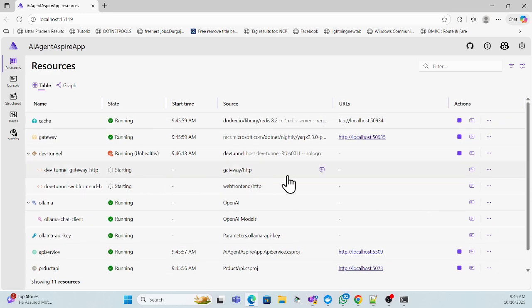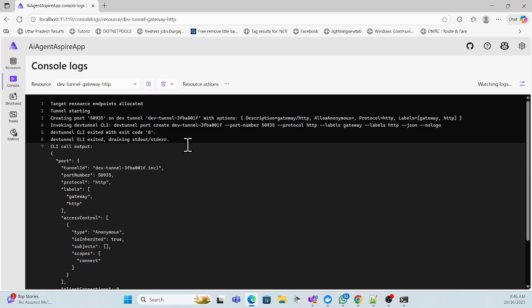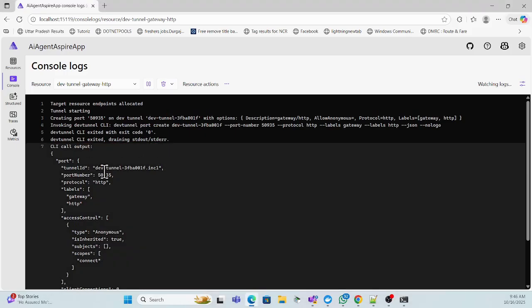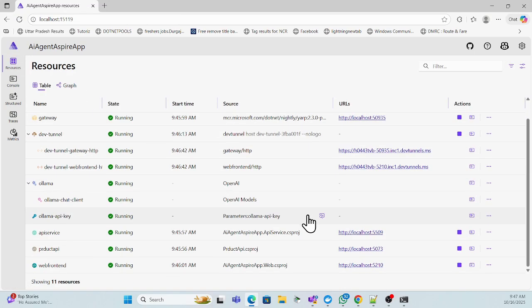And here you have to check, if you see that console log. So yeah, see, they are looking for the devtunnel CLI to start. So that's why I suggested, before you start, you definitely have to install the devtunnel CLI. So make sure you have installed devtunnel CLI. So once you have the devtunnel CLI, actually that first time,